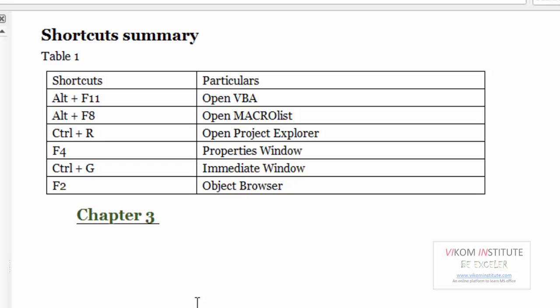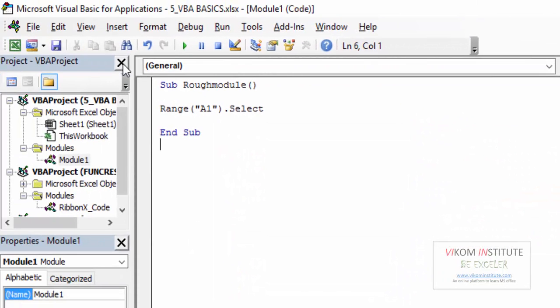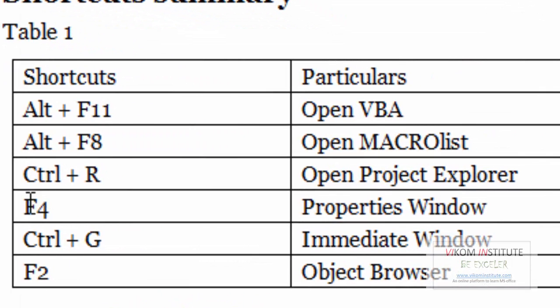So here are the shortcuts which I have told you in my lesson. Alt F11 to open the VBA, Alt F8 to open your macro list, Control R to open Project Explorer. Let's close it, Control R, see again. Then F4 is the properties window, Control G is the immediate window, and F2 is the last shortcut, which is the object browser. So keep in